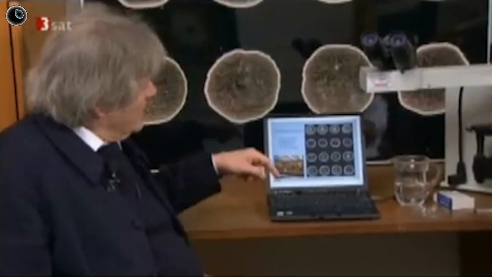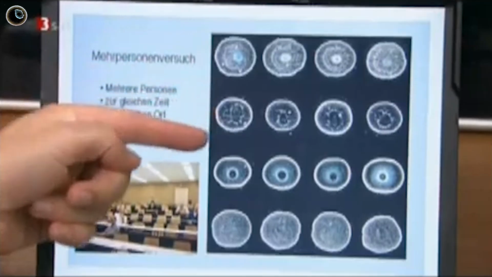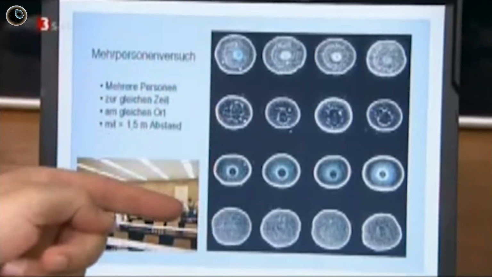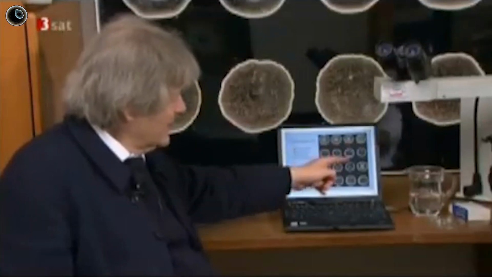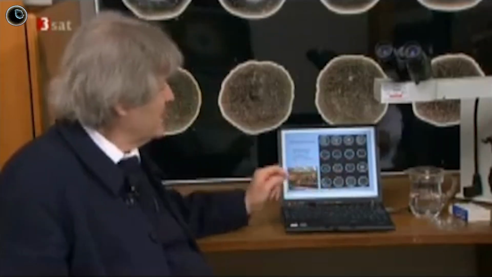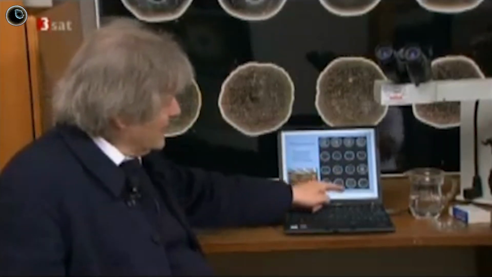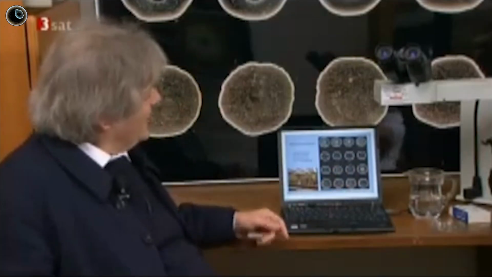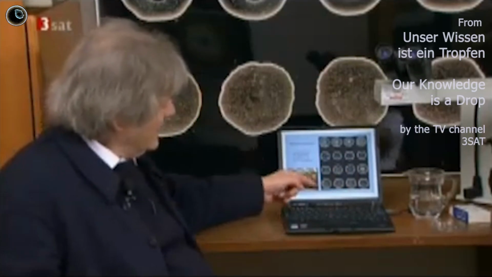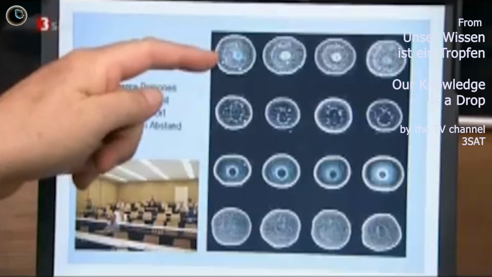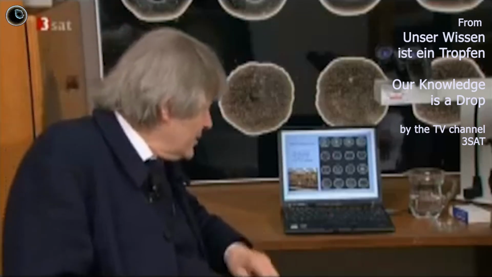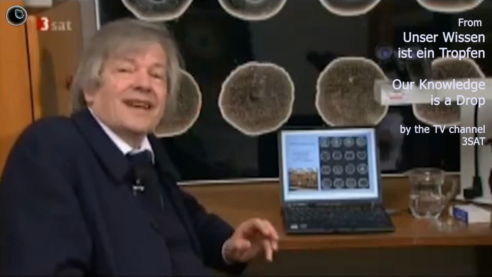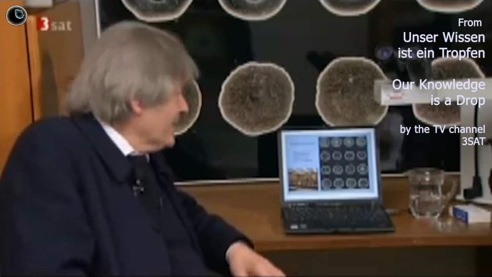And you can see from the results on the right that the images produced by the individual students were different, but they are quite similar to each other. So from the first experimenter, this one, from the second, this one, from the third, this one, and from the fourth, this one. And they are very reproducible among themselves, but you wouldn't think it was the same water because when you compare these images from different people, you can see big differences. So it must be that information from the experimenter who held the syringe in his hand but did not touch the water at all, was transferred to the water and reproduced in this image.